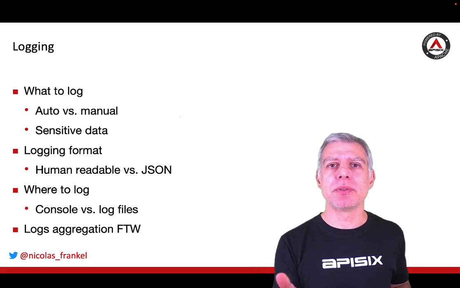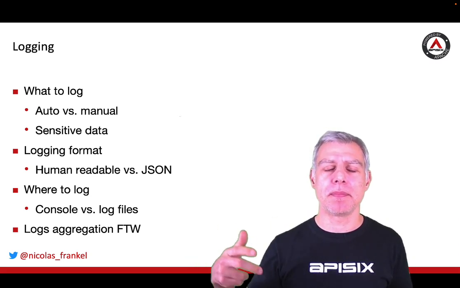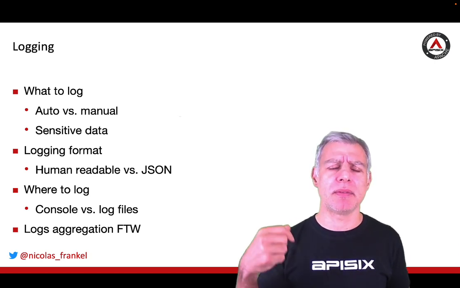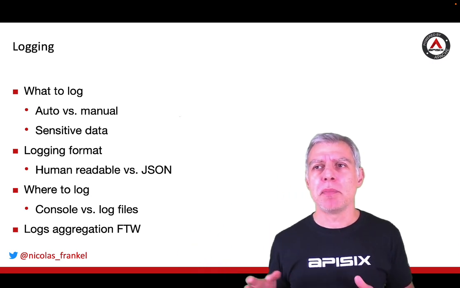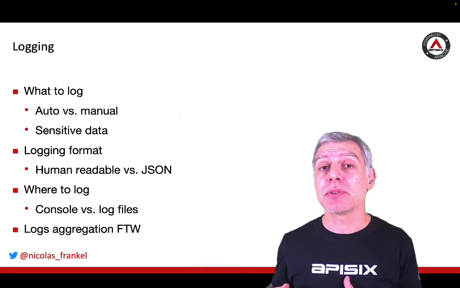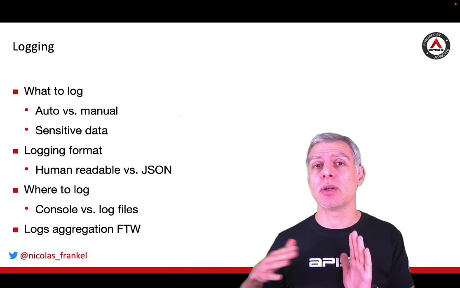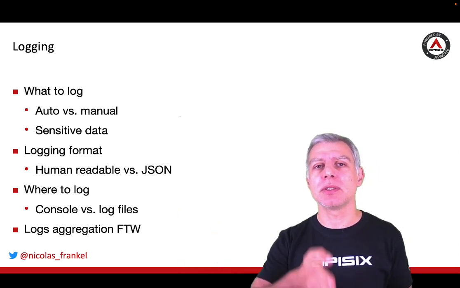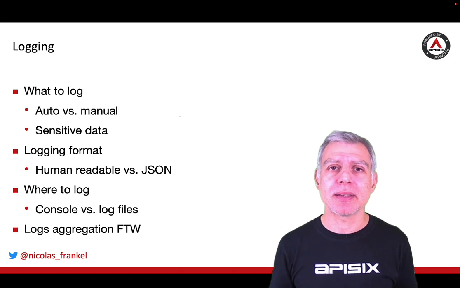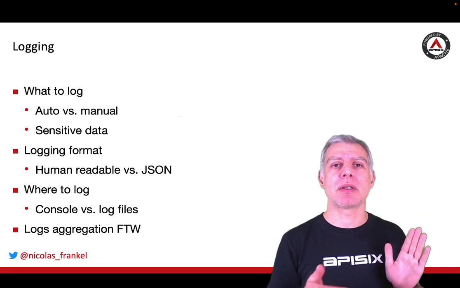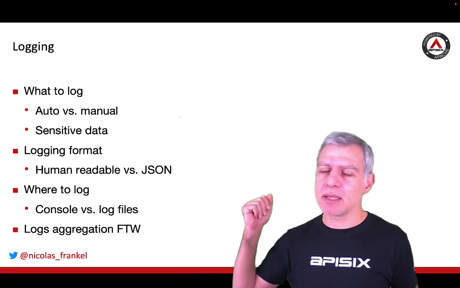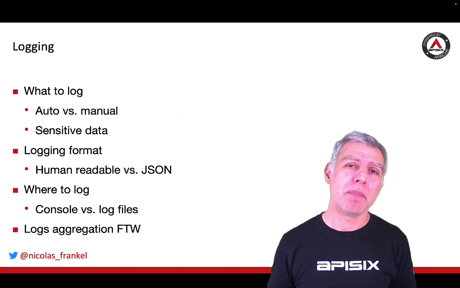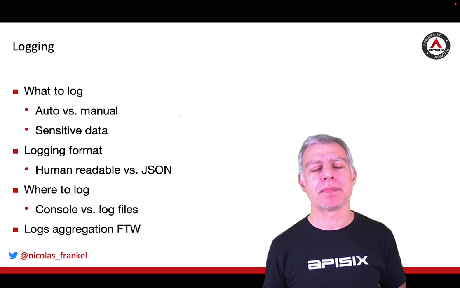Then the logging format. For a long time we used whatever logging formats the framework provided us, whether you are using SLF4J, Log4j, Log4j2, whatever. But nowadays it's perhaps better to use JSON directly, so that when you send it to another system which expects JSON format, you don't need an intermediate operation that transforms the human readable log into JSON format. Directly print it in JSON format and you avoid one additional potentially expensive operation.